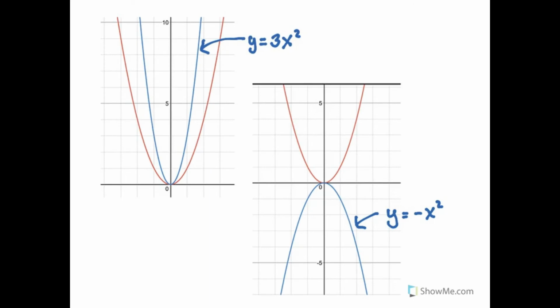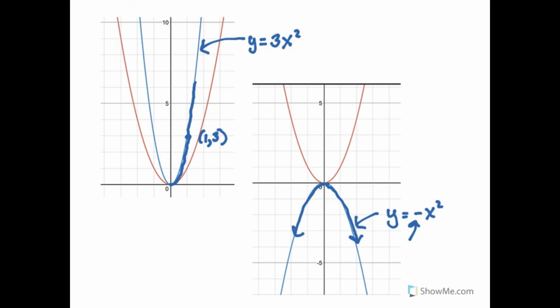If we multiply x squared by a constant, the graph of y equals 3x squared is narrower because the slope of this branch as it's going up is steeper. It goes through the point 1, 3 instead of the point 1, 1. If I put a negative 1 in front of the x squared, y equals negative x squared, my parabola just flips upside down. It's a frowny parabola instead of a smiley because it has a negative attitude.